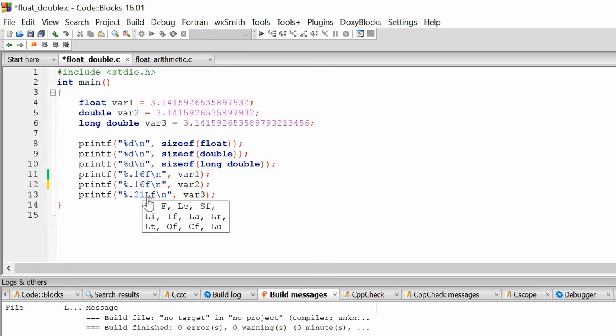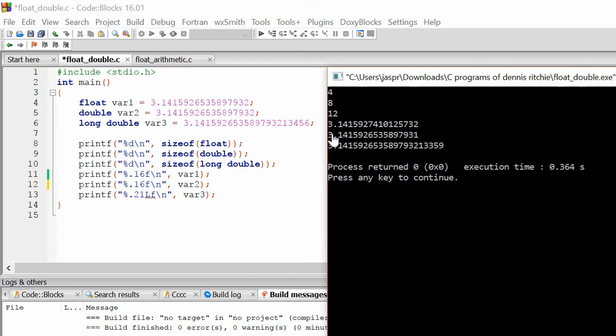Now let's understand the major difference between float, double and long double by seeing the output. If you observe it carefully, before this 2, everything is as it is what we have assigned into this variable. That is 3.141592. Here also this is 3.141592. But here after 2 this is 6535.